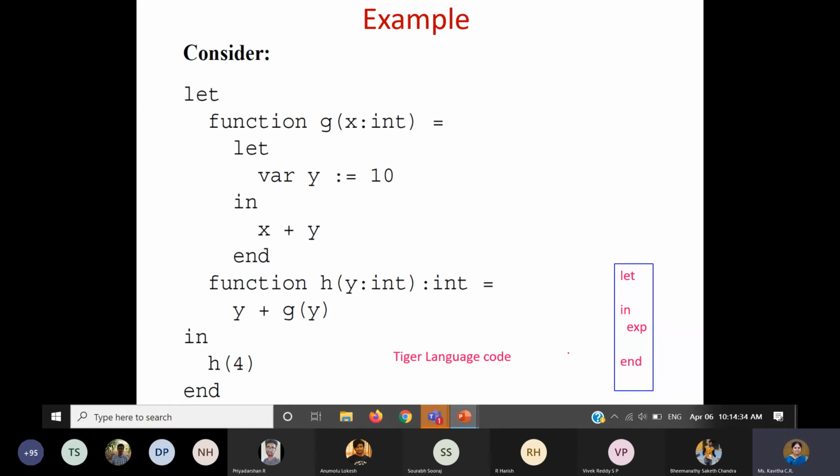That's why we depend on some languages like Pascal, and another language would be like, say, Tiger, where it supports a lot of features. That's why we go with this. Suppose I take the Tiger language code. If you want to know more about the Tiger language, there is one book, that is actually the JLX.